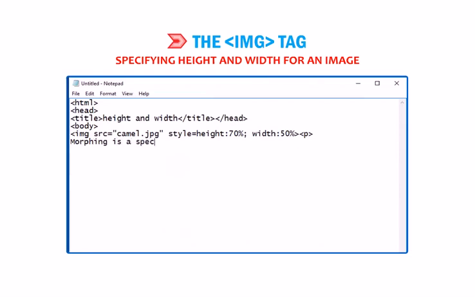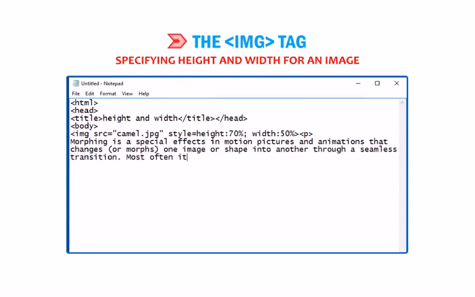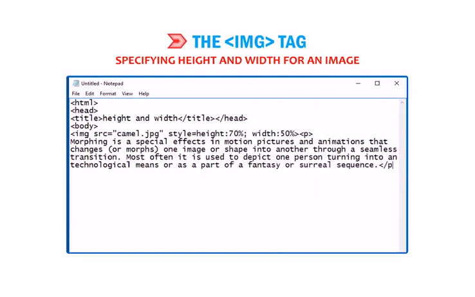Morphing is a special effect in motion pictures and animations that changes or morphs one image or shape into another through a seamless transition. Most often it is used to depict one person turning into another through technological means or as part of a fantasy or surreal sequence. /p/body/html